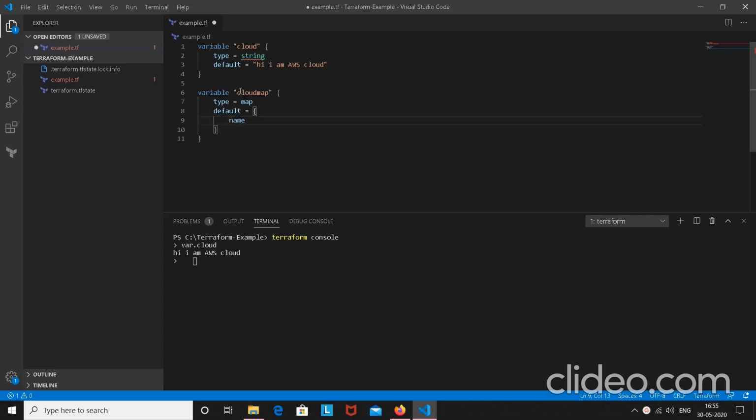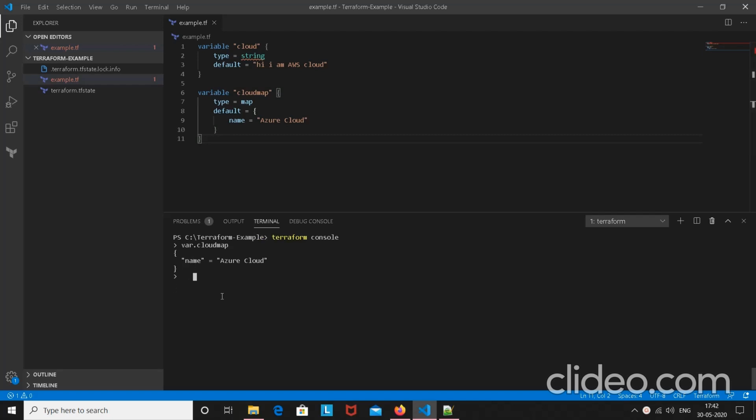Here let's say the key is name, and the value is Azure Cloud. Great. Now again I am going to call the cloud map variable. The command is var.cloud_map. Press enter. Now you can see both the key and value.